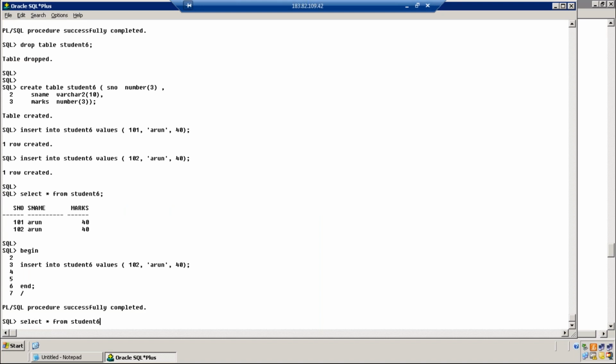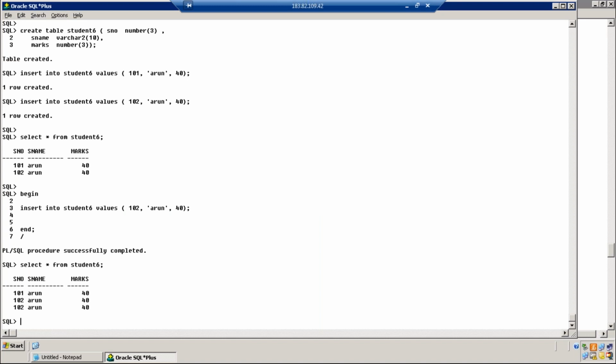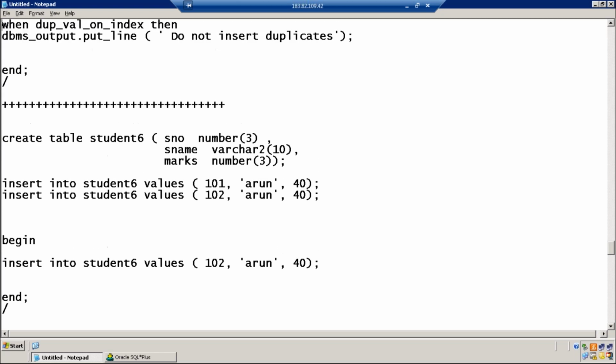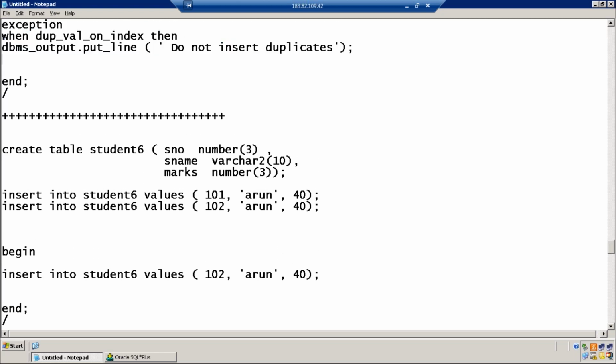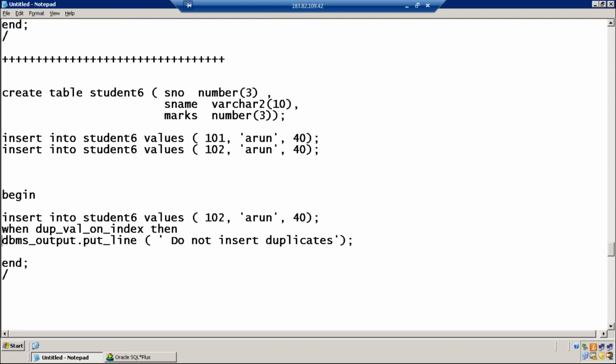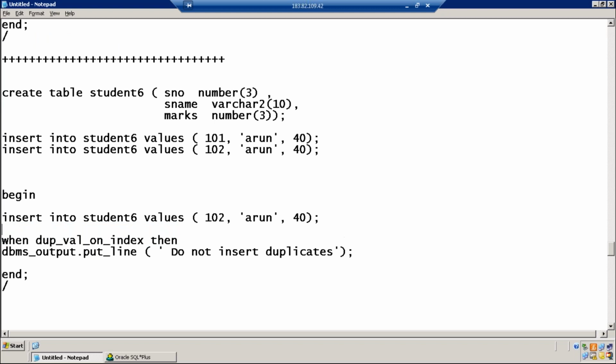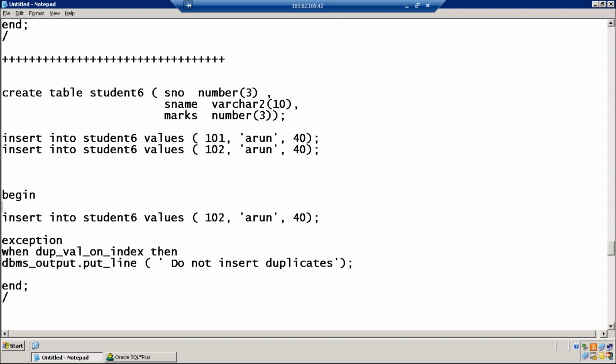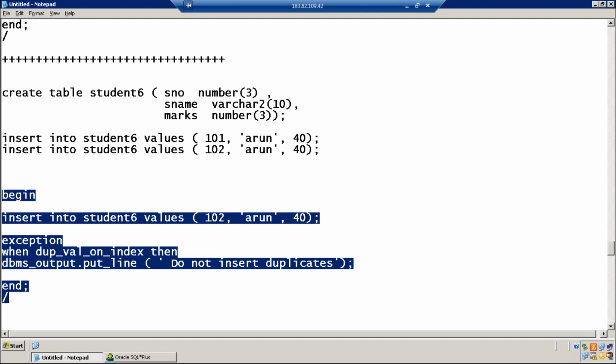Now what I mean to say is, after the insert, if you have an exception saying that duplicates are not allowed, will it work? No. Including these lines of code in this PL/SQL code, including the exception, can we try now? Do you think the duplicate value on index exception is raised now? We are not giving any condition like uniqueness should be there.